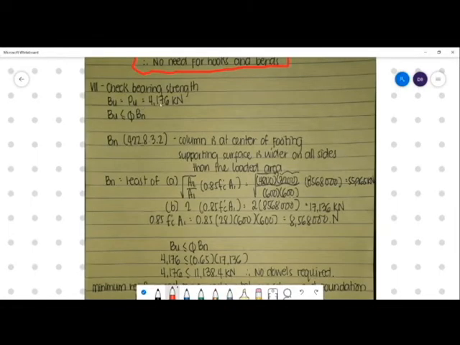U is the 1.2 dead load plus 1.6 live load, the force from the column, 4,176 kilonewton. Bu shall be less than or equal to phi multiplied by Bn. Bn is the lesser of A: square root of A2 over A1 times 0.85 f'c A1, and B: twice, 2 times 0.85 f'c A1. Now 0.85 f'c A1 natin is equal to